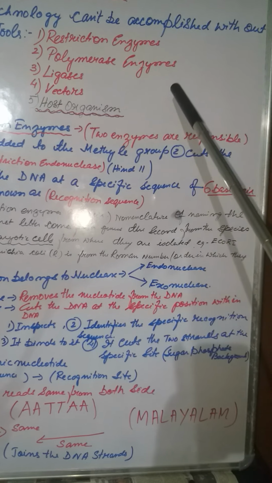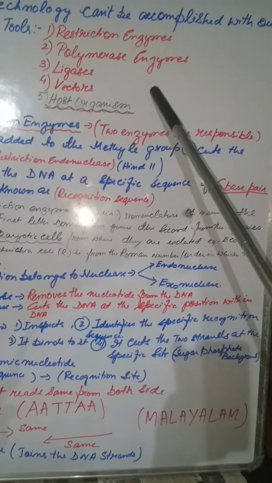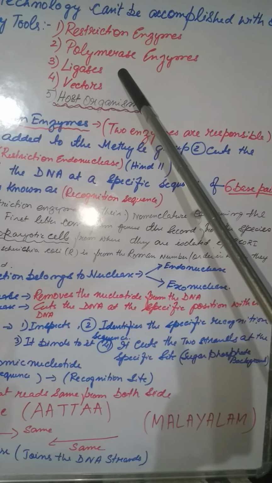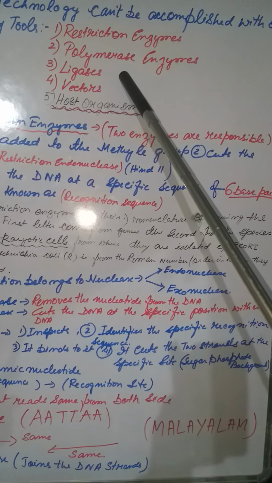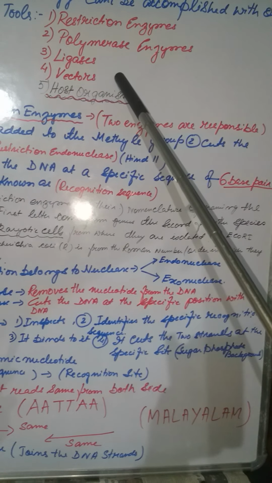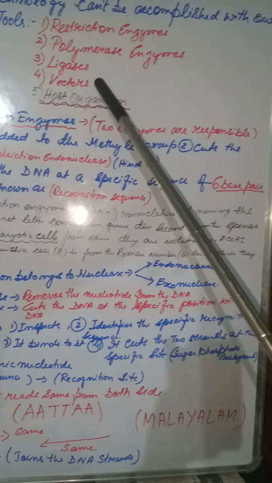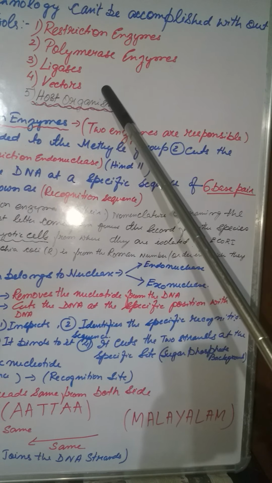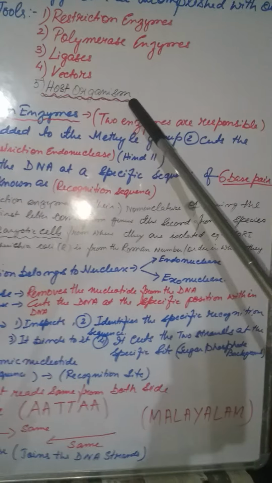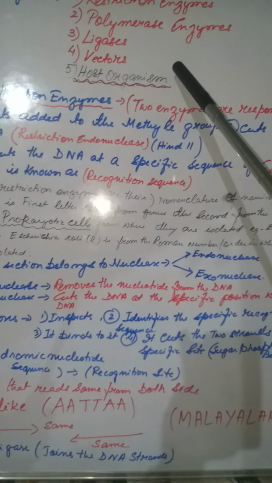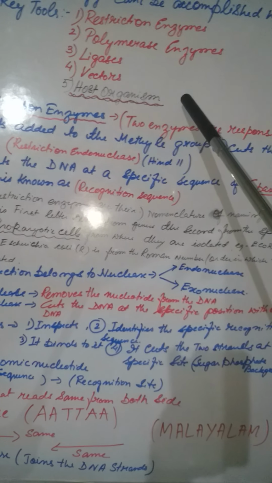Next is the polymerase enzyme. Polymerase enzyme is the enzyme that is used to add together, join together. Ligase is another one that is used to join the DNA fragments. Then you have a vector, which is a medium that gets loaded and held. Basically we have the plasmids that act as a vector, and then the primary thing is a host organism where you want to insert this DNA along with the normal DNA so that it can multiply with it.